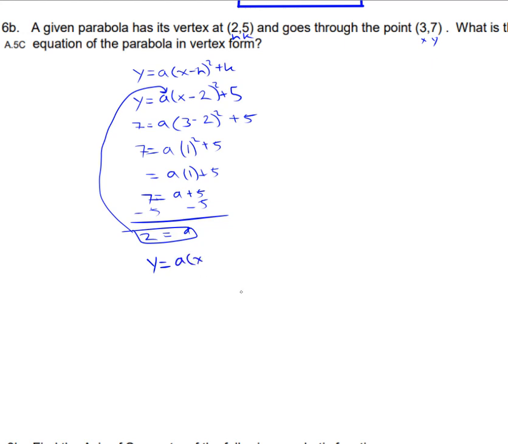Oh, sorry, not a. It's 2, because I found my a. 2 times x minus 2 squared plus 5. And what I want you to notice is that this is the right answer, by the way. But aside from it being the right answer,